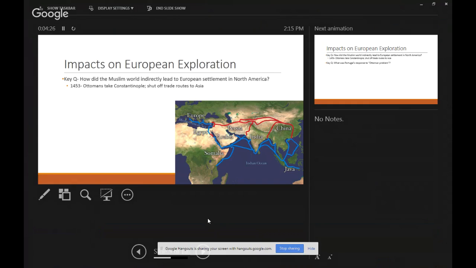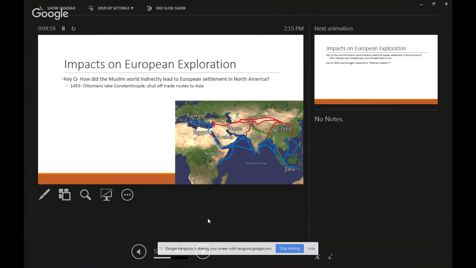And they have a pretty open route of trade. It's this red trade route here, going back and forth. Anybody know what that route was called? Silk Road. Very good. Next. So this is a good thing, and it's gone on for hundreds of years. In 1453, the Muslim forces take control of Constantinople, and they shut that doorway. No longer is Europe going to just be able to follow the Silk Road and trade with India and China.